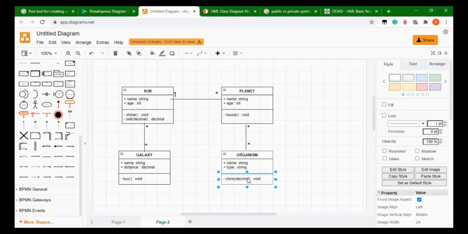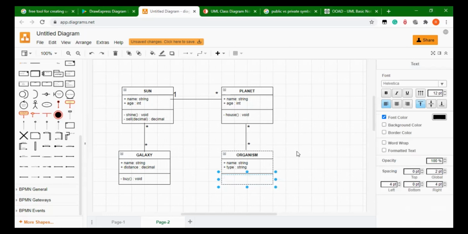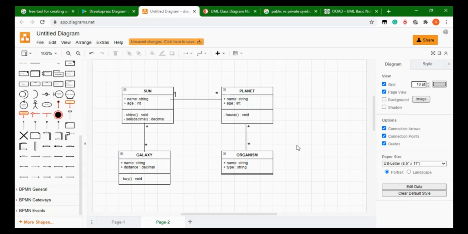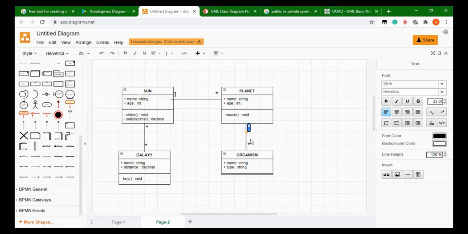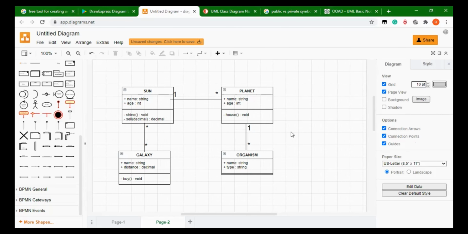Organism name and type, and doesn't have any methods or action. One planet houses one or many organism. One. Okay. Next, for our galaxy, we have